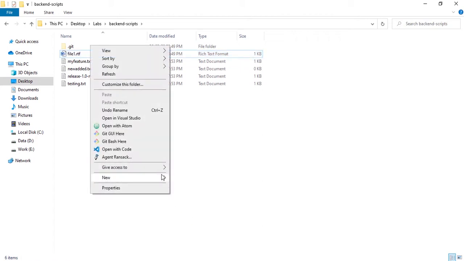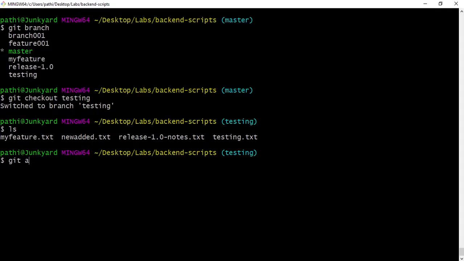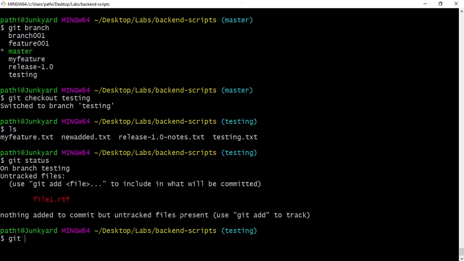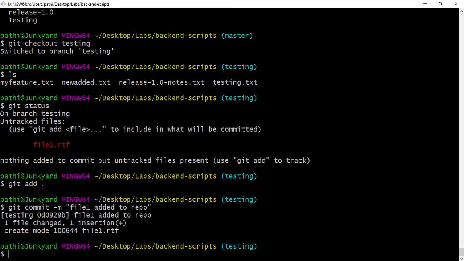I just added file 1 and let me do a commit. Git status, git add. Now this will add file 1 into the index. Git commit -m. Now I have added one file.